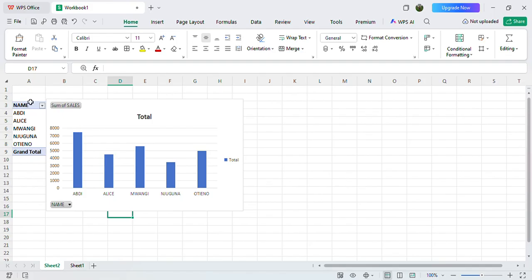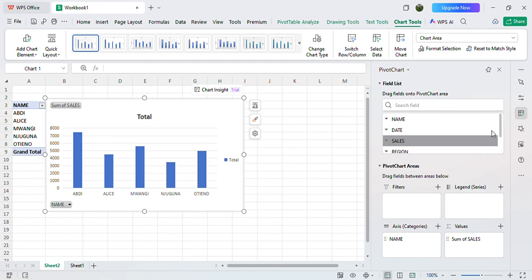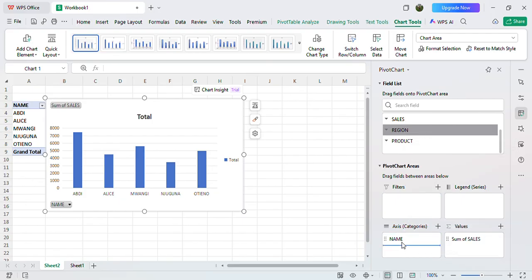Let us see. What if I want to see by region? I will click region. This region, let me drag it to the column of names. So I will click region, drag it to under names and leave it there.